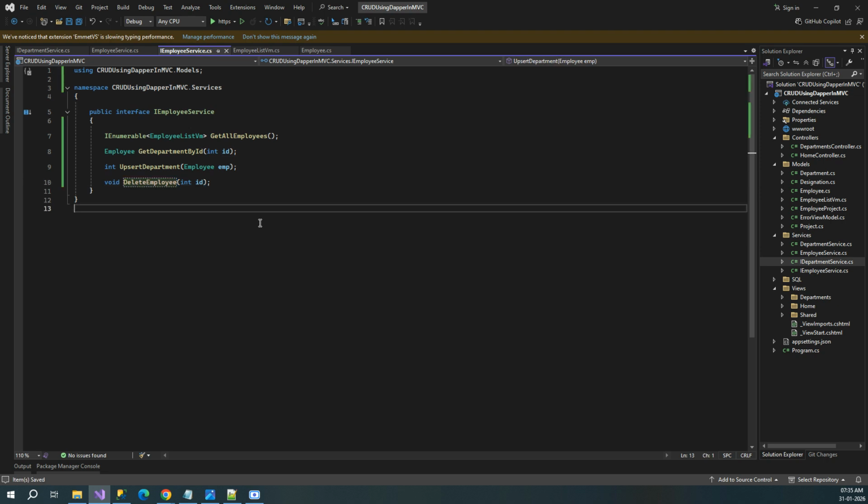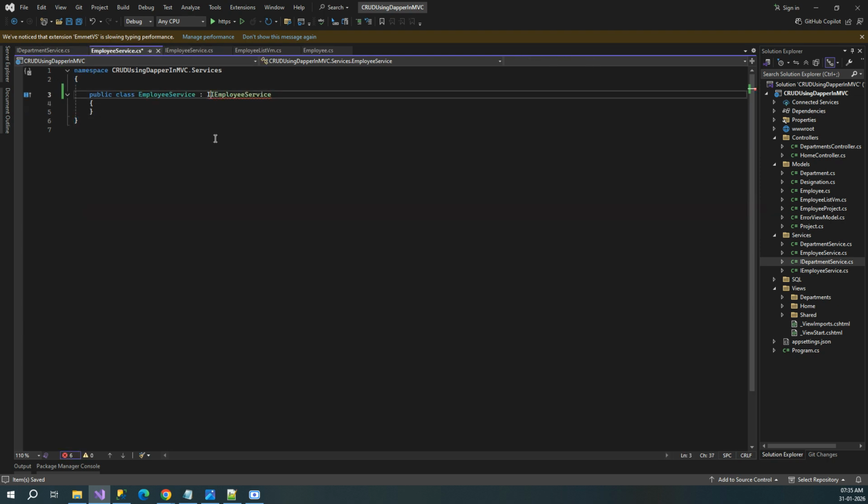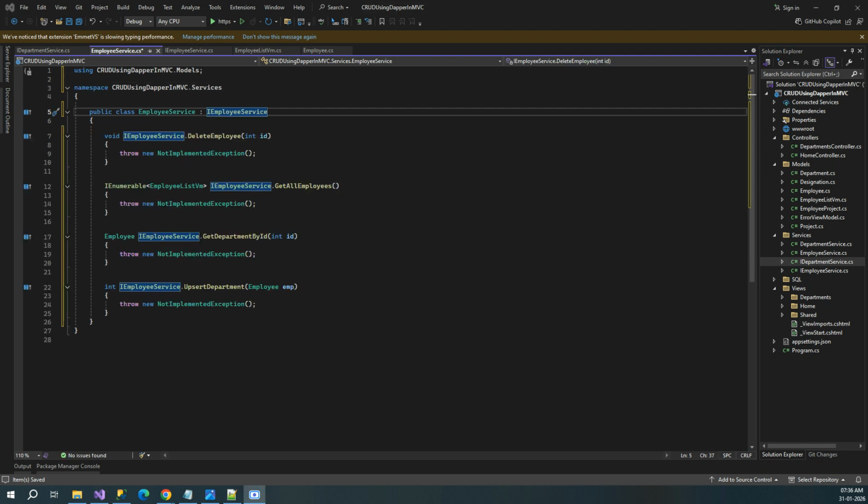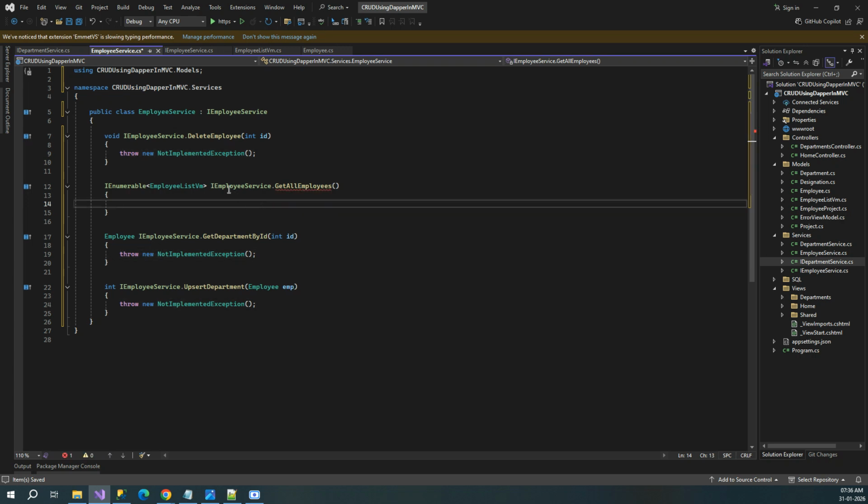Right. So once these are in, let's go to our service implementation. There we will have error. Yeah. So just say control dot and implement explicitly, so that we have the method ready and we will just change the method whenever we are working on it. So let me choose the second option. Right. So we have methods in, right. So first one we will work on this guy, get all employees, right. So I'll mark this as public, sorry my bad, it has to be small,